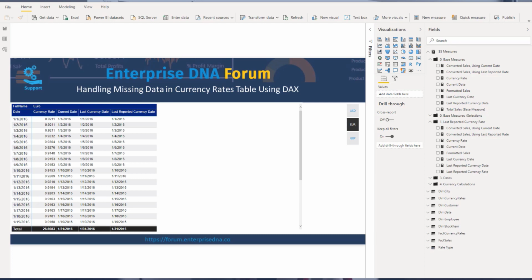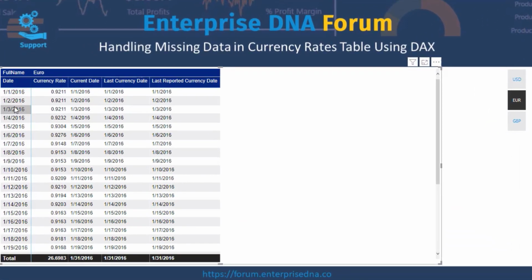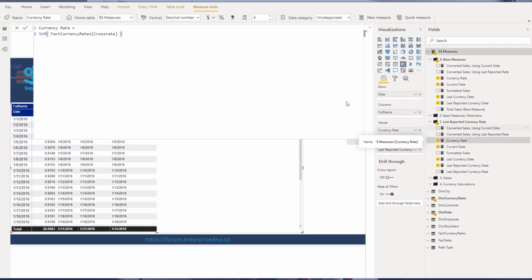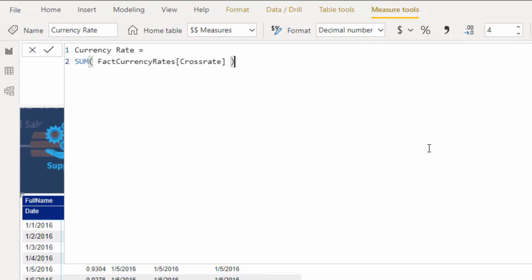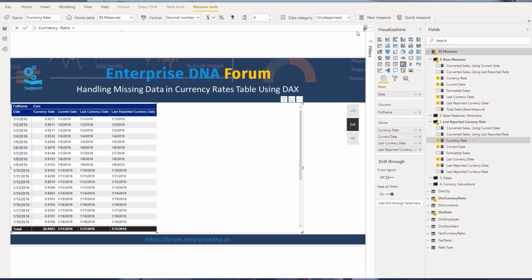So let's go to our main table here. I have a couple things in here already. If you take a look, we have our dates on the rows from our date table and the currency rate for the euro. Now the currency rate is just simply using a sum. I need to aggregate something. Since we're dealing with one currency rate at one day, you can use sum, average, min, whatever you want. The only difference would be what's happening at the total level. So if you take a look at our matrix here, the total level is